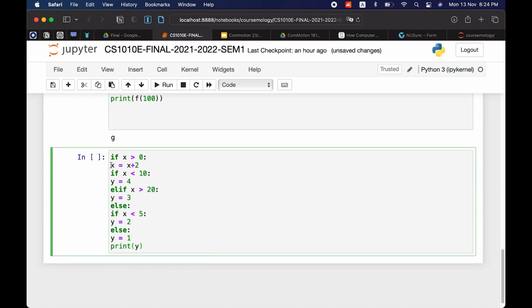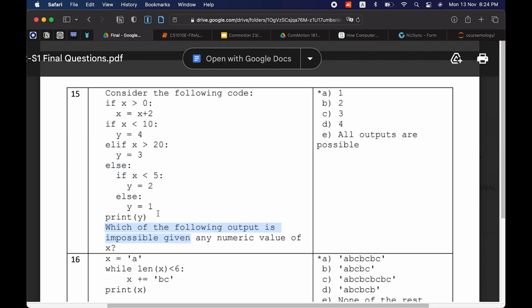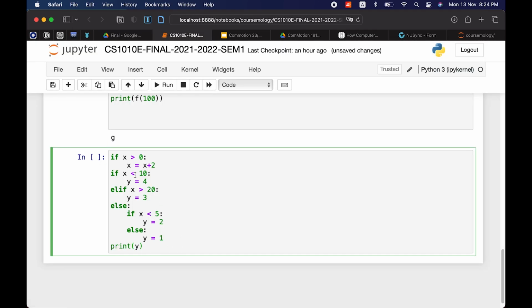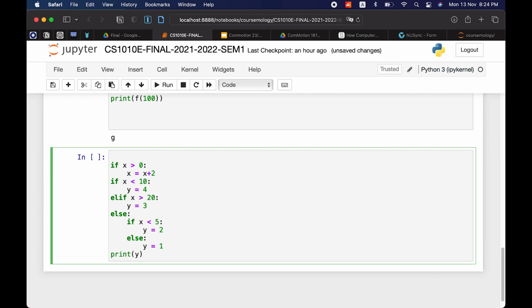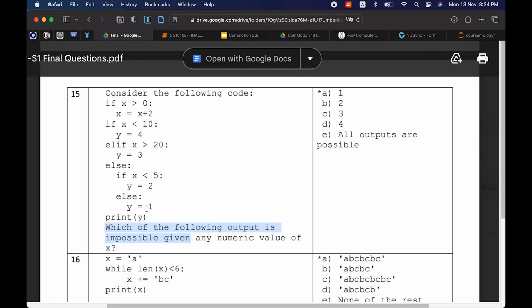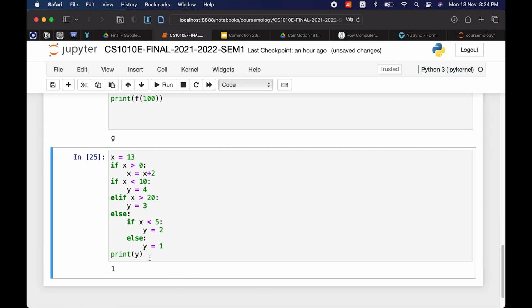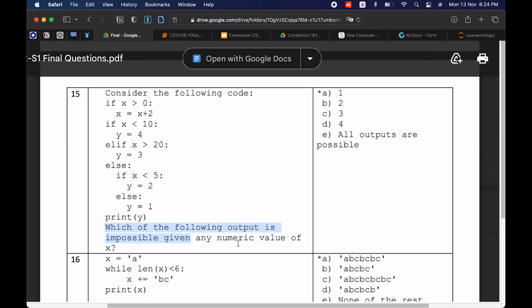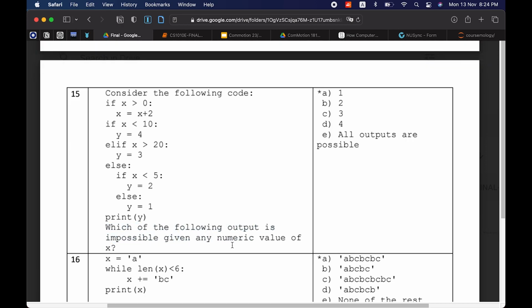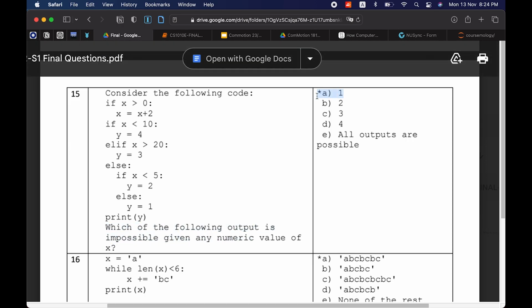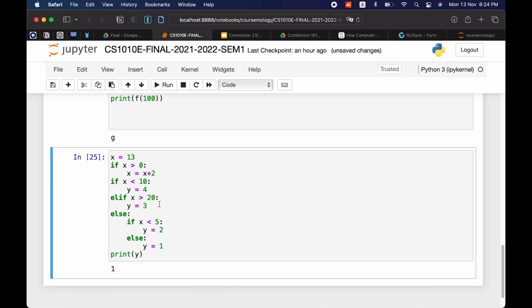If you put in 13 for an input, where, sorry, y is 13, this is correct. I say the input x is 13. You get 1. So that is possible. 1 is possible. That is not impossible. Instead, the answer is 2.